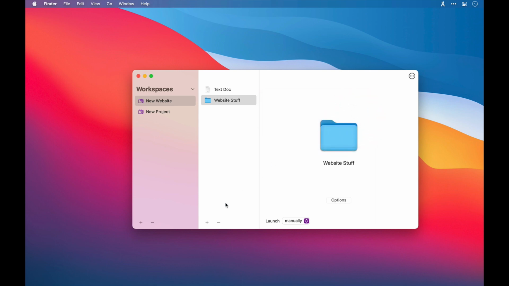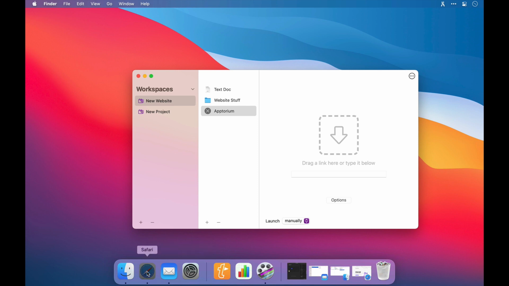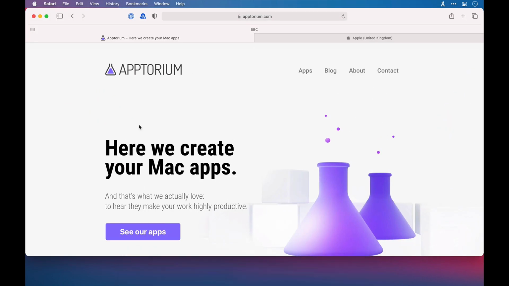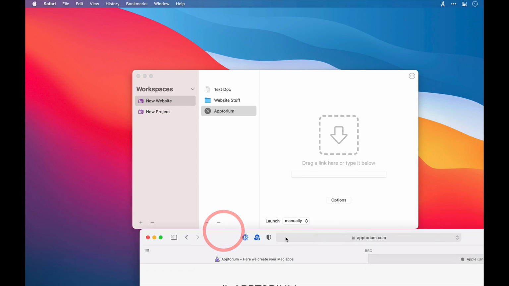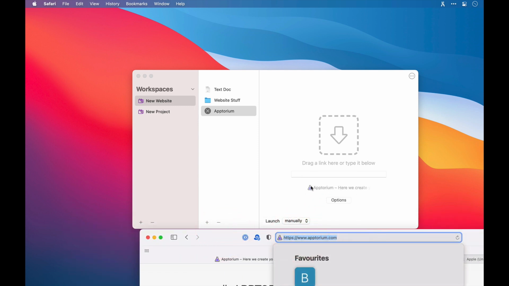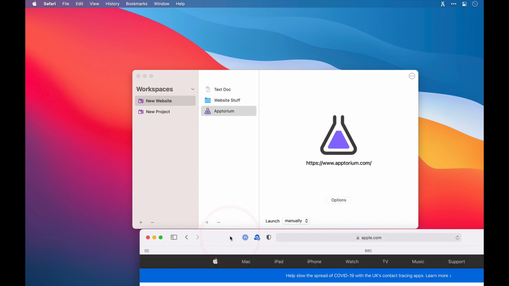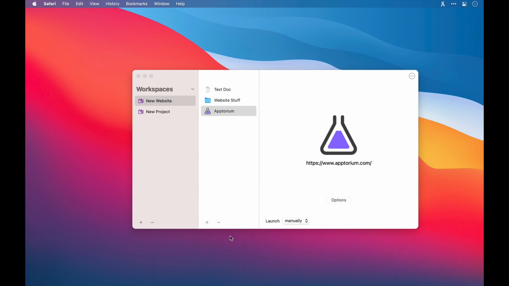And that second way is to drag a website in here. So let's create a new one and I'll just give it the same name. And this time I'm going to come down to the dock. I'm going to open Safari. I'll just move Safari so that I can drag and drop the URL easily. And if I click on the address bar up here, drag the URL across, we can see that's added as well. Okay, cool stuff. Let's get rid of Safari here.